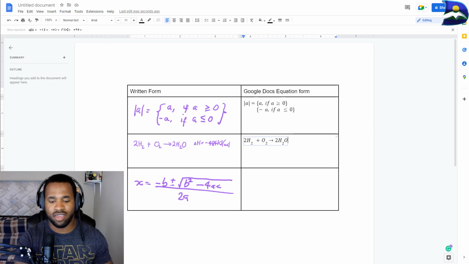The next part now is to type the energy, enthalpy. To do that, all we do is go to our Greek letters to find this particular symbol here. Once you click on this, we have that revealed right over here. Then we type our H, equal to negative